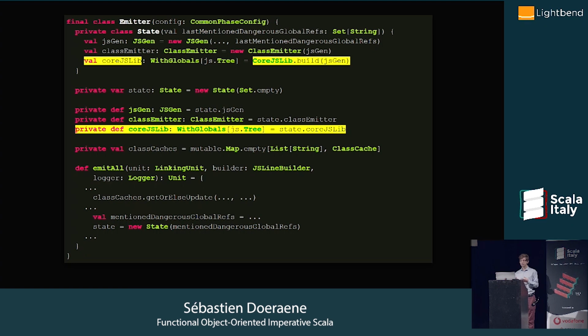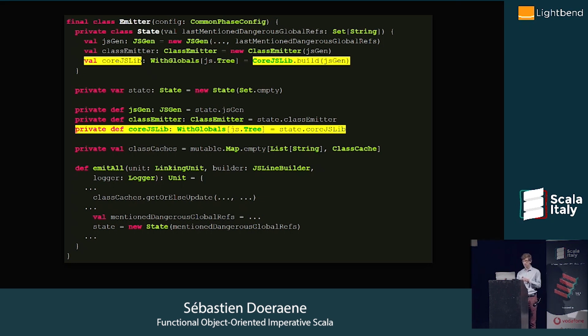But now I don't have any help from the compiler or the language to guarantee this, because I could very well write emit_all in a way that every time it changes the state, it increments a variable somewhere, and it uses that variable to be in the output of the JS file. So every time I call emit_all, I receive a different JS file, even if the input was exactly the same.